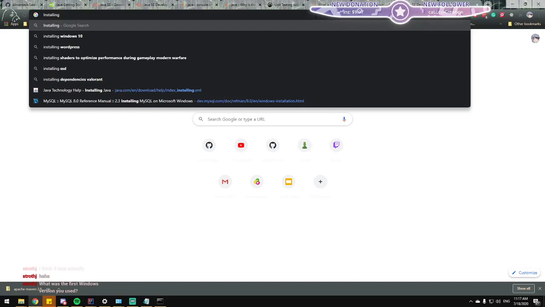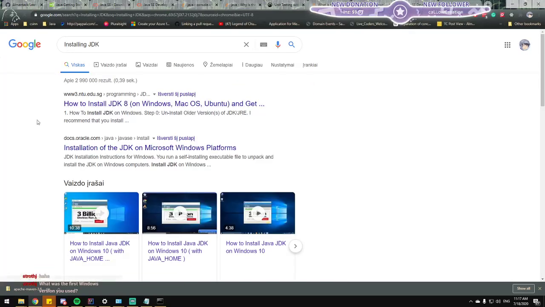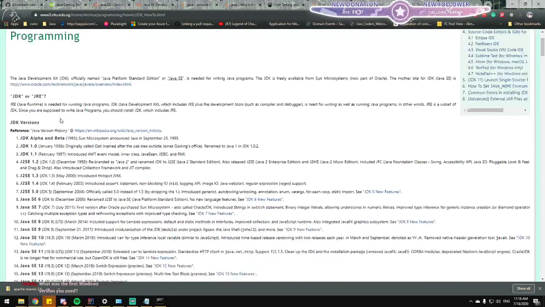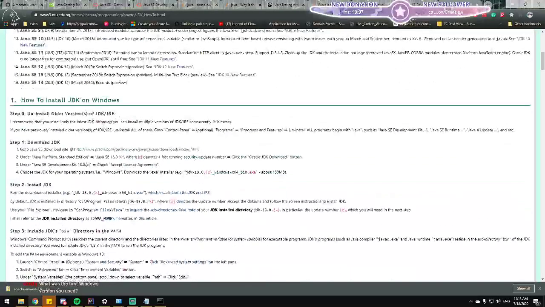Installing JDK. How to install JDK on Windows? Uninstall all the versions. Download JDK.